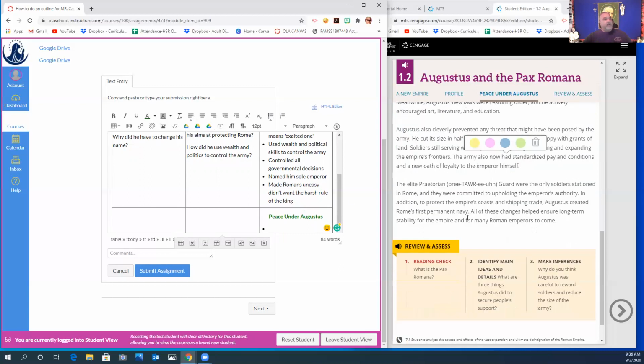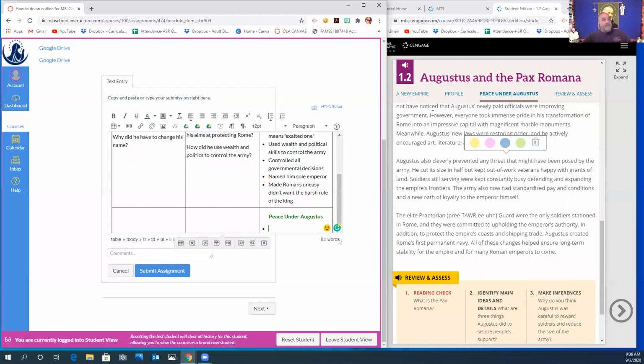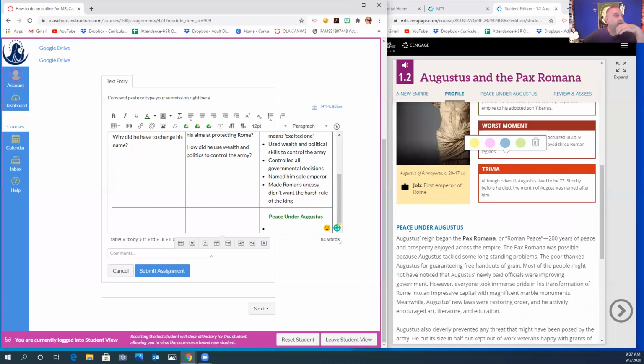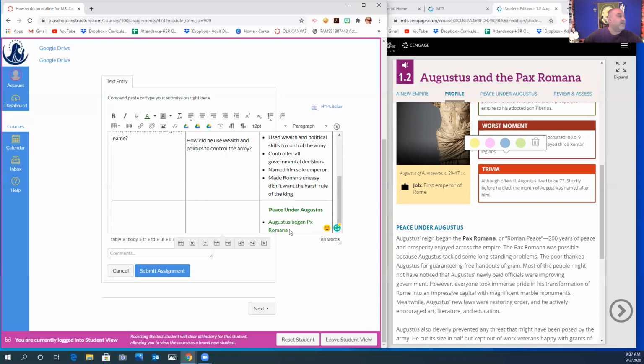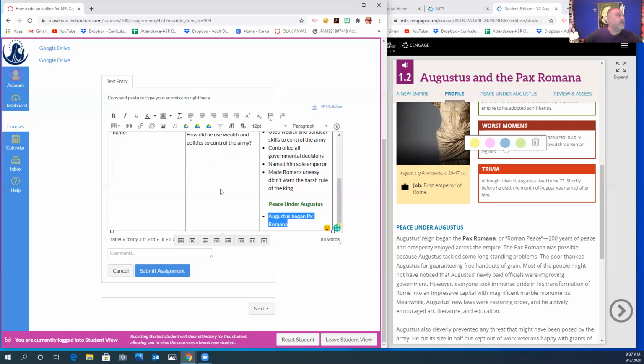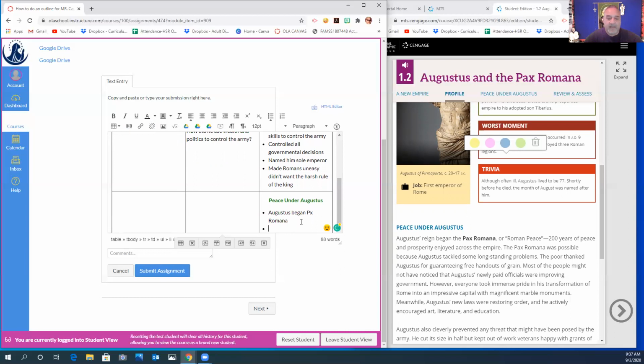Then I would come in here and I would get all the information from this reading here and put it in there as well. So I'll just put one. Let's see, important thing, Augustus' reign began, Pax Romana. Augustus began Pax Romana. Now, this is green, so I'm going to change that back to black. Okay. Then I'm going to hit second, and I'm going to say Pax Romana